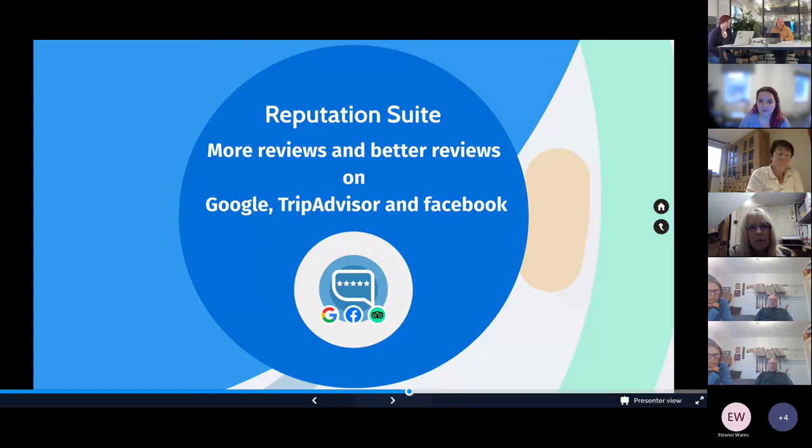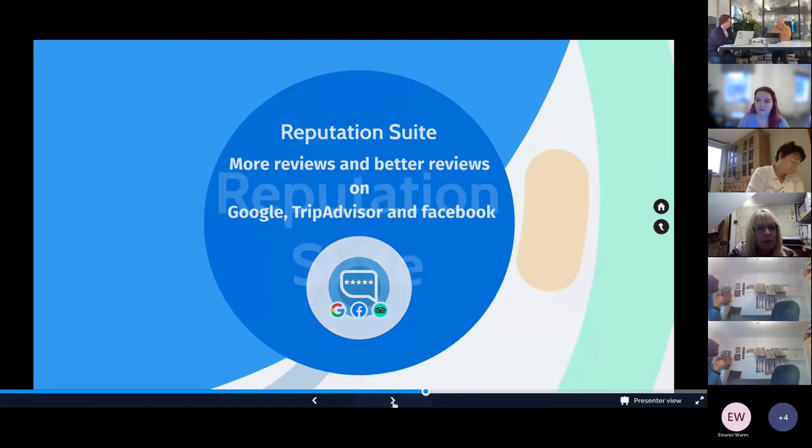And then that's what it will do. If the guest gives you a good rating, it will send them the link to leave a review on those sites. So you're basically making sure that your best reviews are in the places where your guests are most likely to see them. And it does that all automatically again, so you're not having to send that out and ask the guest to review you in those places. It's done straight away.